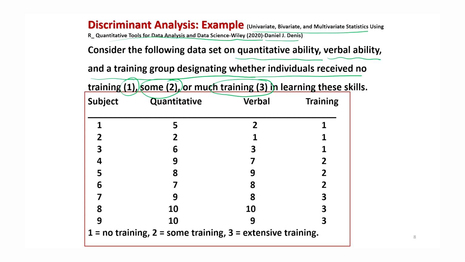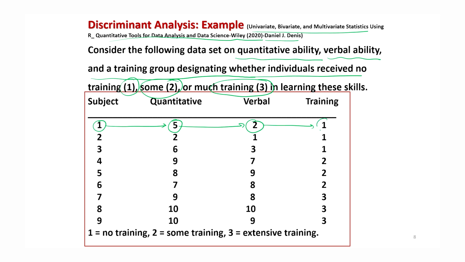For example, for person number 1, the quantitative ability is 5, the verbal ability is 2, and the person has been classified into group number 1, 2 or 3 in this column.